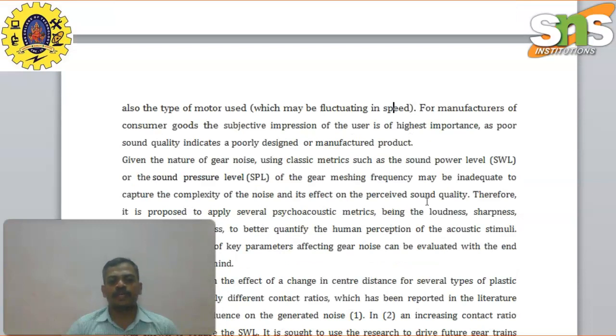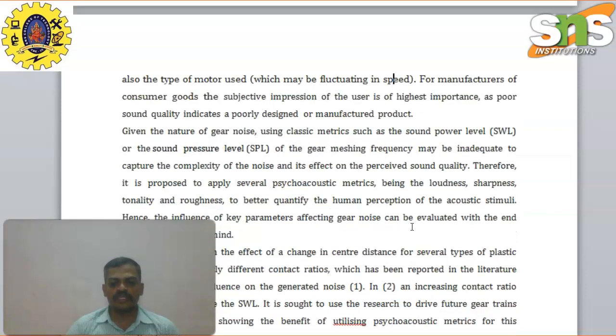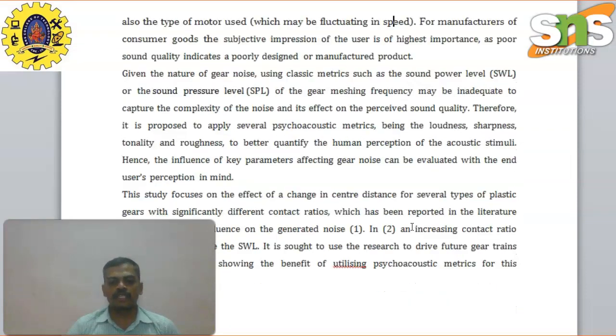Given the nature of gear noise, using classic metrics such as the sound power level and the sound pressure at gear meshing frequency may be inadequate to capture the complexity of the noise and its effect on the perceived sound quality. Therefore, it is proposed to apply several acoustic metrics, being loudness, sharpness, and others, that better reflect human perception. The simultaneous influence of key parameters affecting gear noise can be evaluated with the end user's perception